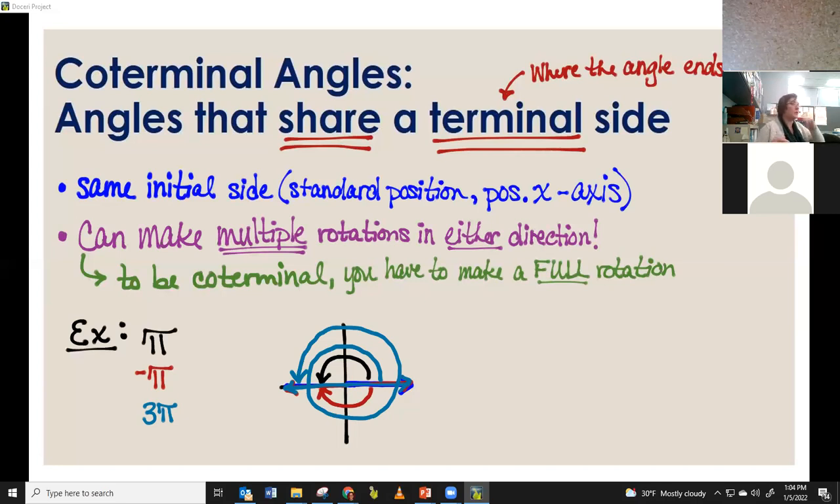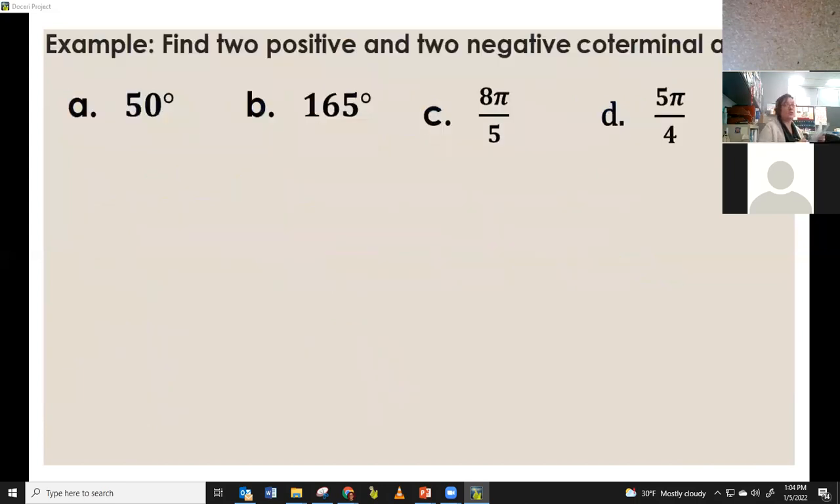Awesome. So remember, to be coterminal with a particular angle, we would have to make a full rotation in either the clockwise or the counterclockwise direction so that we can end in the exact same spot. Let's go look at a couple of examples. We're going to find some coterminal angles. We're going to find 2 positive and 2 negative coterminal angles for each of the examples that I have up here. Question though, before we get started with this,